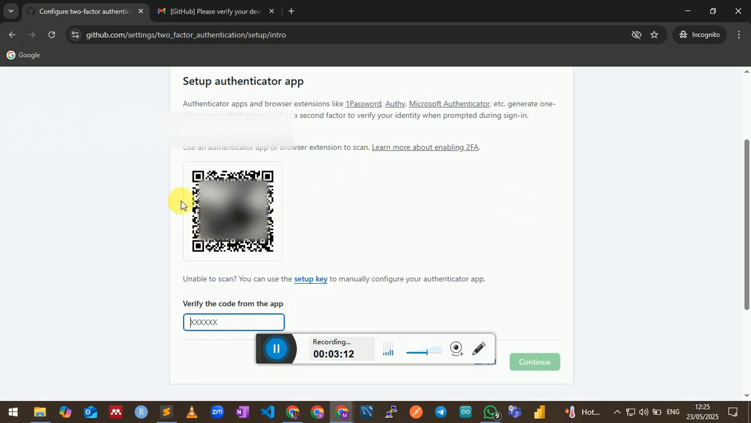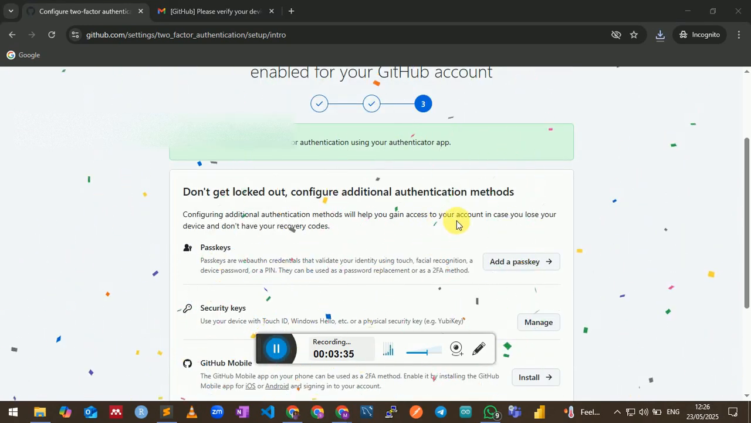Now it will show you a QR code, right? You can use your mobile phone, log into your Microsoft Authenticator app or whichever different authenticator application, and scan the QR code on that application. Then you can add your personal GitHub account to your authenticator application, right? Once you successfully scan the QR code and add your account,